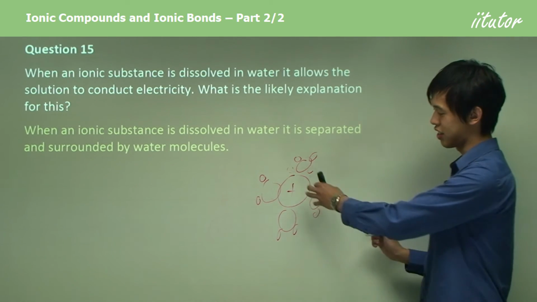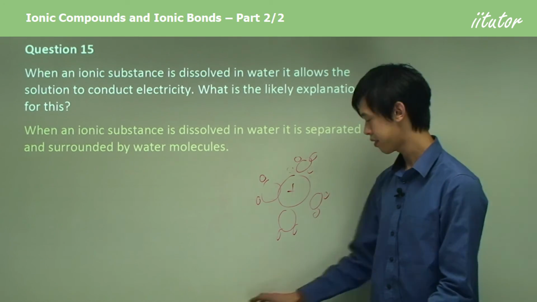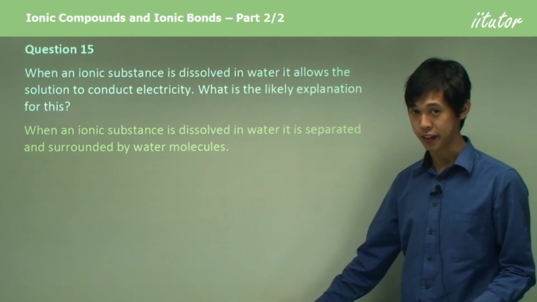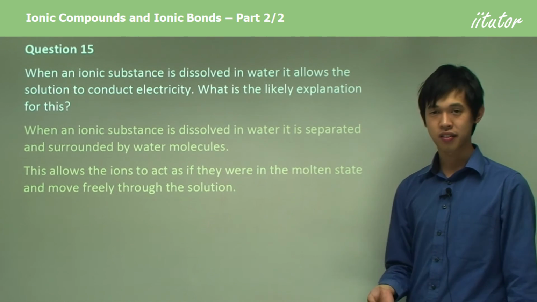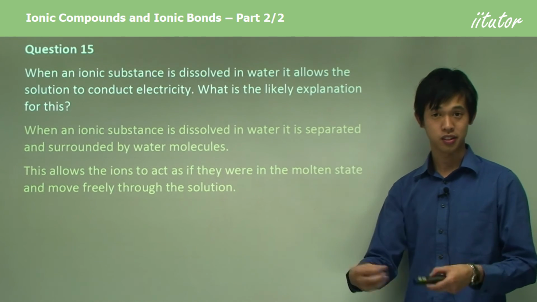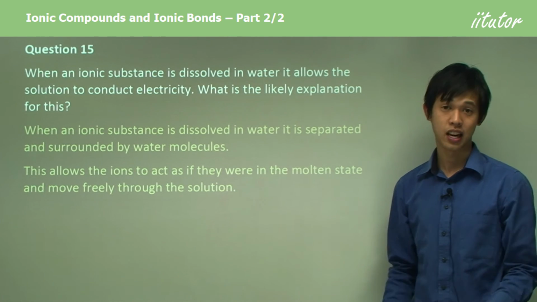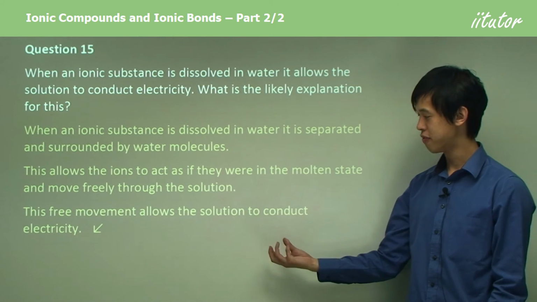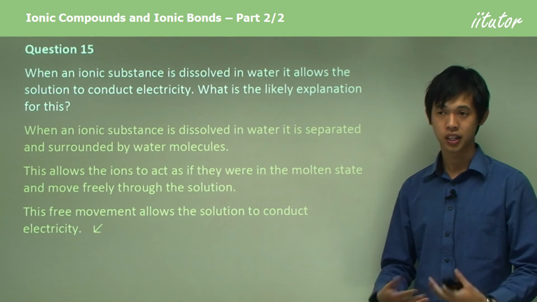So now it's essentially, this unit here is free to move by itself. Now keep that in mind, that it's free to move. Now this allows ions to act as if they were in the molten state and move freely through the solution, as I mentioned. So because they're surrounded by water, they can actually drift around through the solution however they want. Now this free movement allows the solution to conduct electricity,